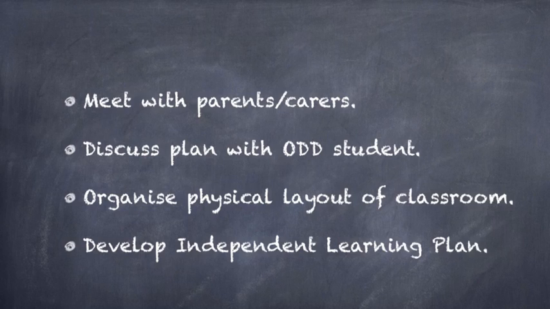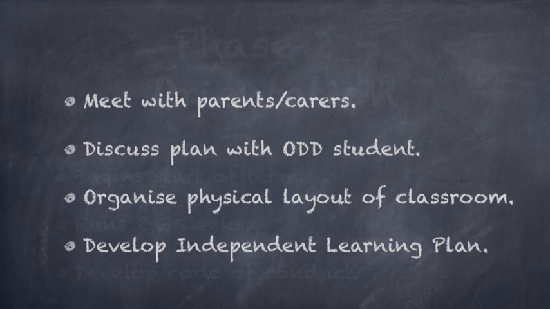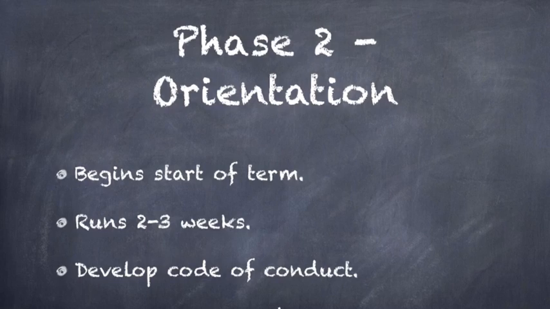In terms of other groundwork, the physical layout of the classroom should be arranged to give the ODD student the best opportunity to make good behaviour choices. To that end, a seating plan would be developed so that the student is always in eye contact with the teacher, that they have free and easy access to class resources and stations, and that they are not sat with too many students. The second phase of the behaviour management plan, that is the orientation phase, begins day 1 of